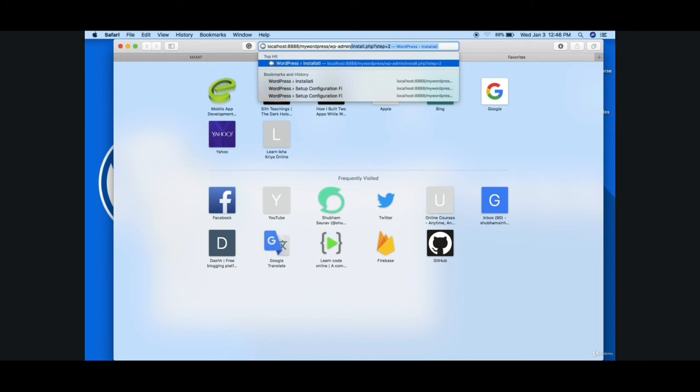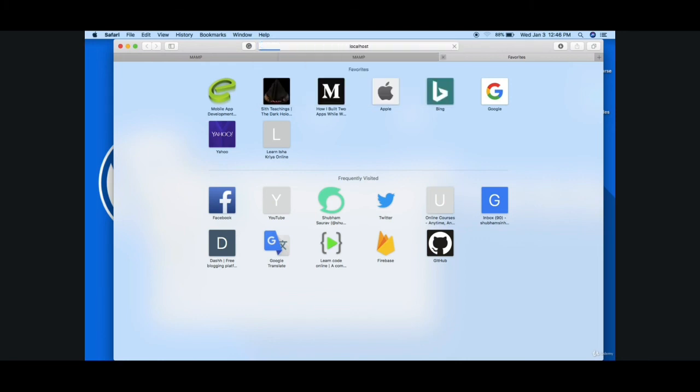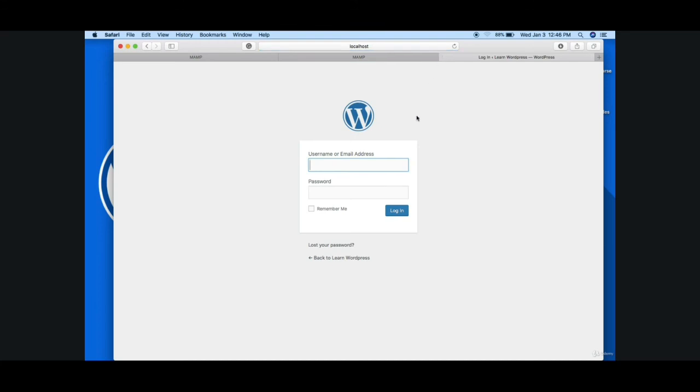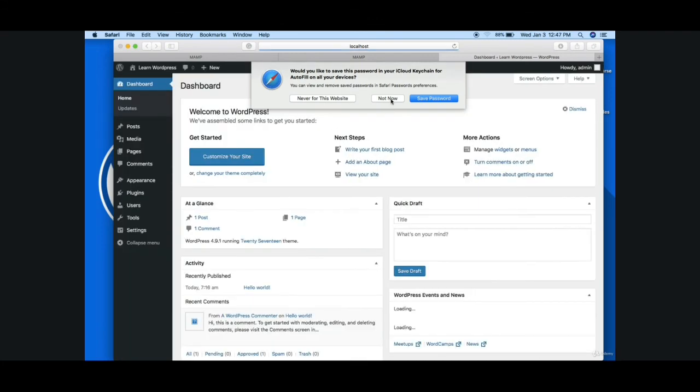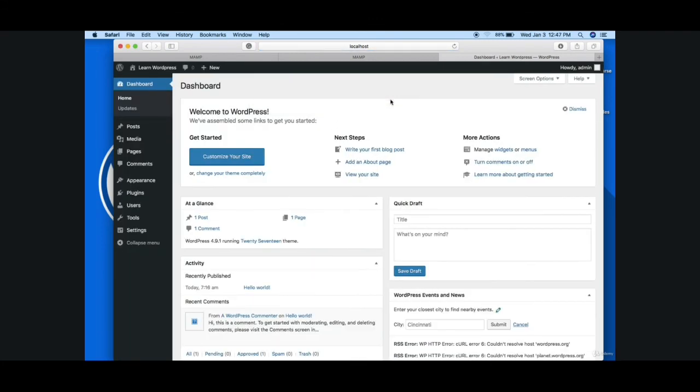I'm repeating it, type wp-admin and hit enter. And here we are. Here we can log in into our WordPress website. So what was our username? It was admin, and password, the super funky password, which was 1 2 3 4 and 5. So hit log in. I don't want to save this password, and here we are.